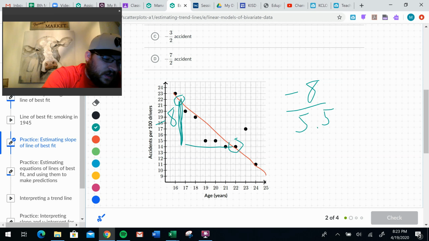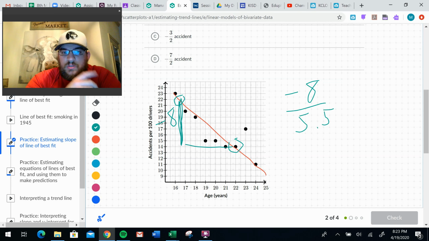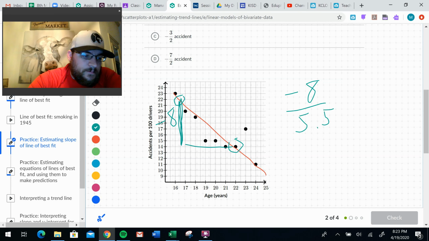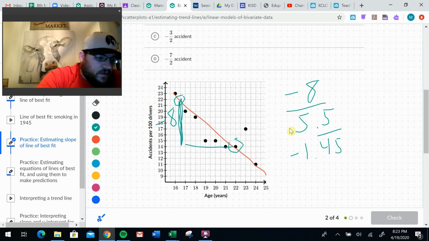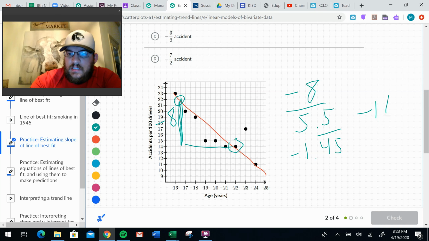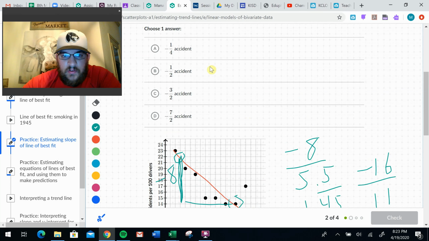So negative 8 divided by 5.5. By the way, I do have a calculator, so if you do not have a calculator, you can use the one that's on your phone or you can find one online. It is going to be negative 1.45 repeating. Okay, negative 1.45 repeating. So if we change that to a fraction, it's going to be negative 16 divided by 11. Again, not a great answer to get, but if we look here at my answer choices,